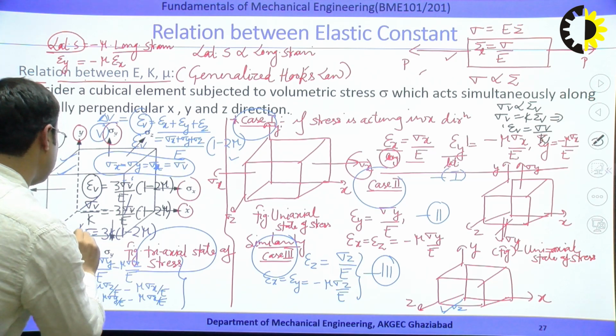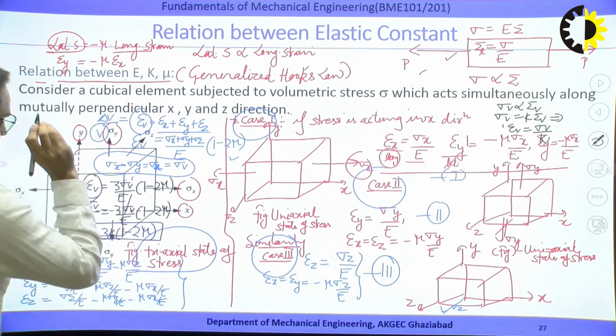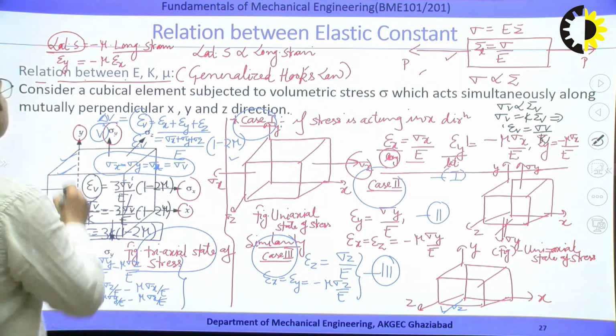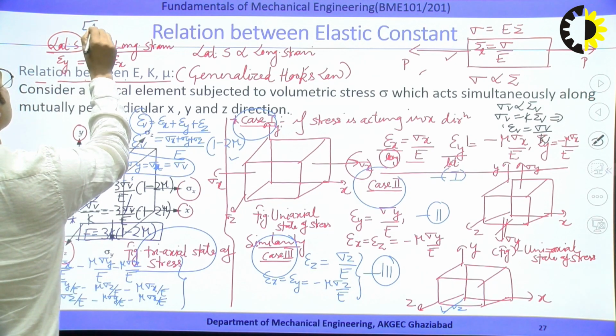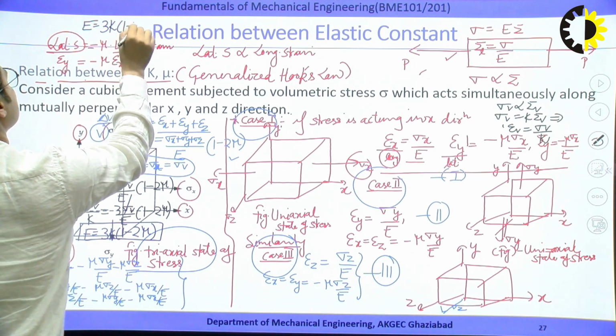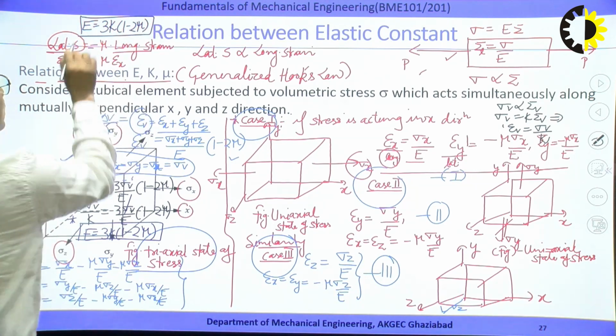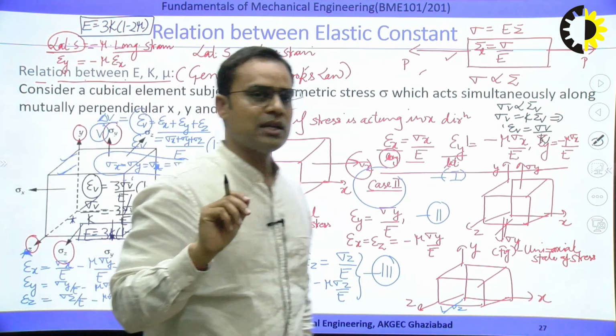That is the relation between E, K and mu. So, what is the relation we have developed here? E is equal to 3K, 1 minus 2 mu. That is the relation between E, K and mu, also known as the generalized Hooke's